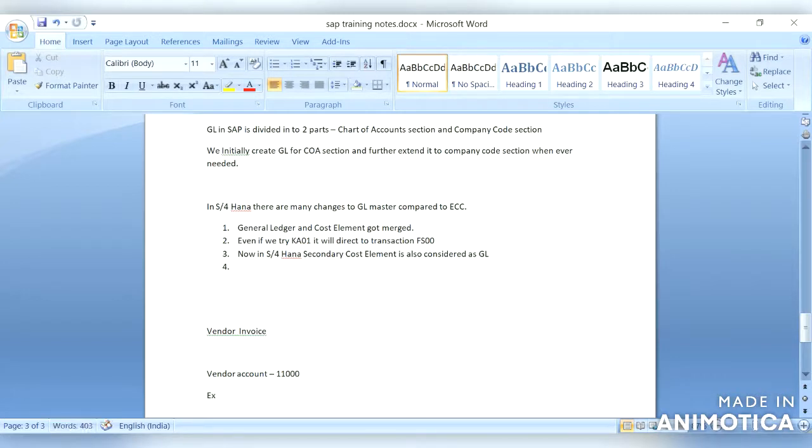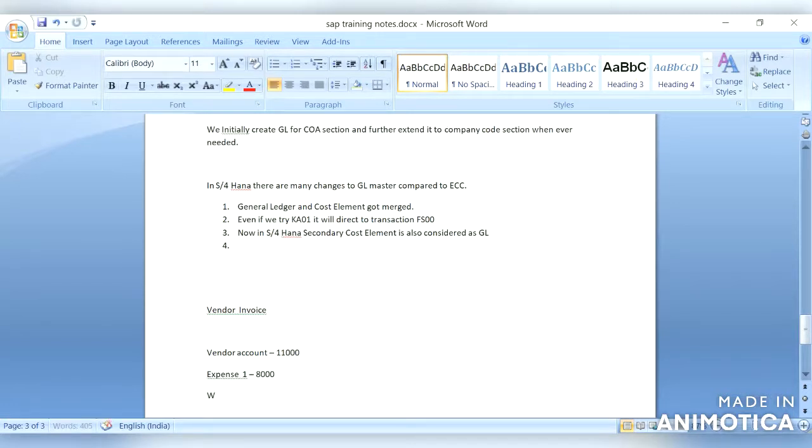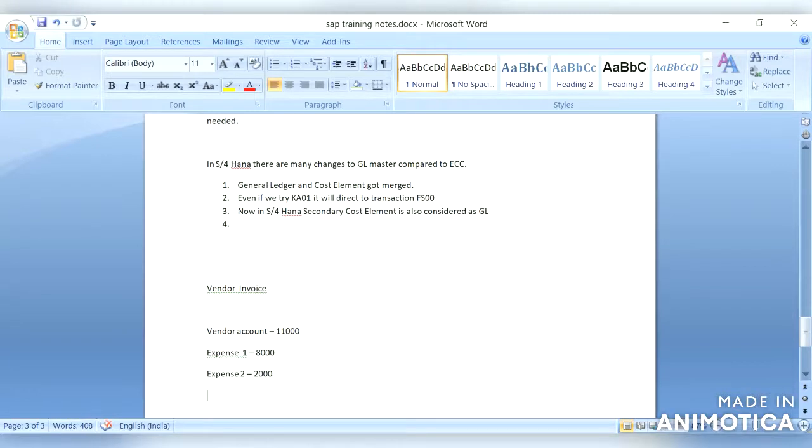We have two different expenses for this vendor account. One is expense 1, which is 8,000, and another is expense 2, which is 2,000, and we have a tax amount of 1,000.